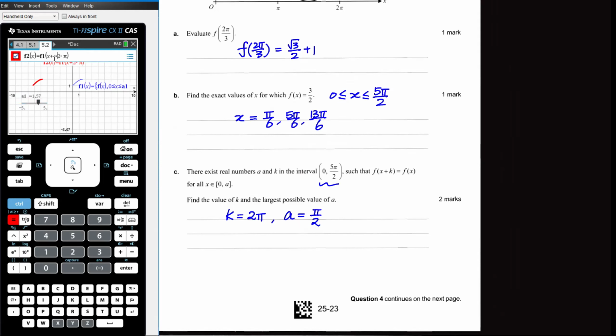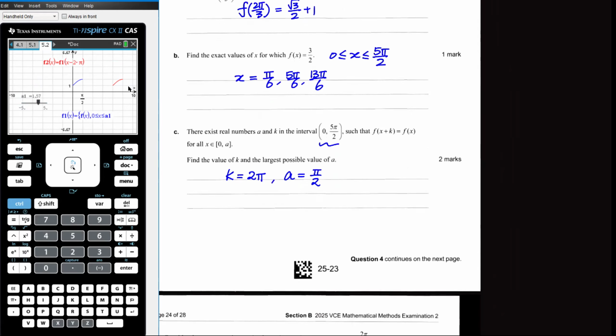I mean, if you use minus 2 pi, let's see what happens. Yep. So I think, yep, that was the intention, I suppose. So basically, that's something to do with the period and the translation. But anyway,